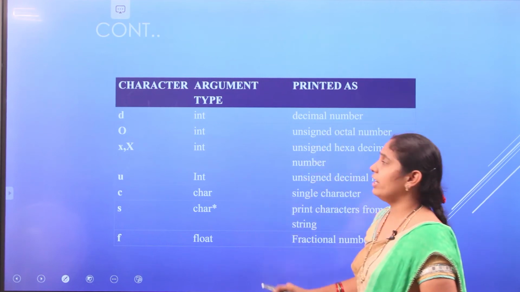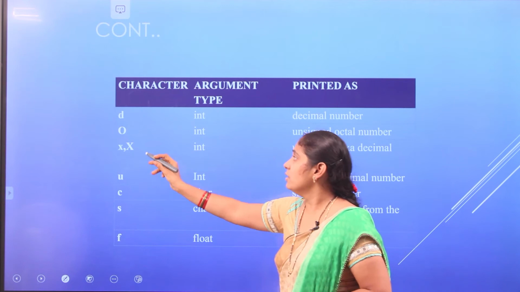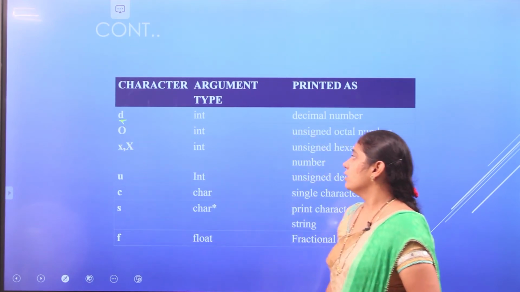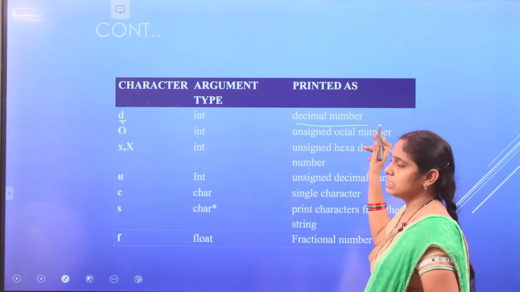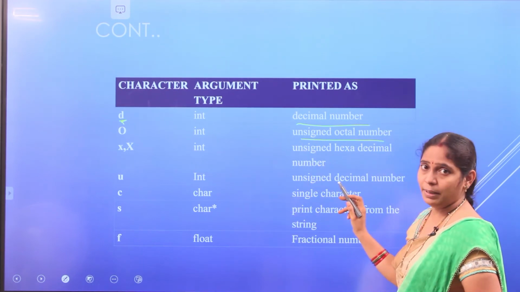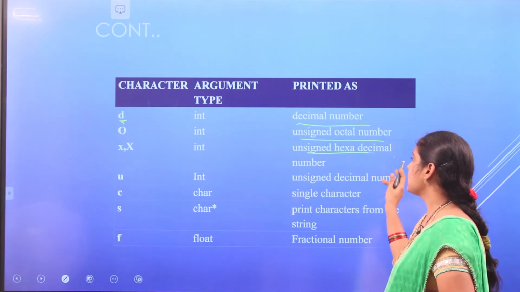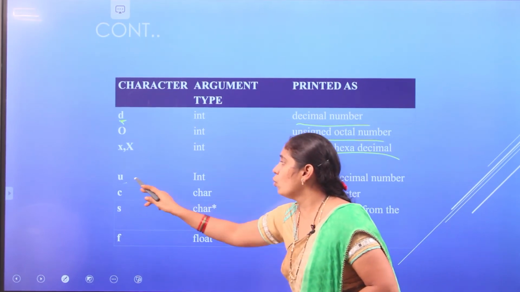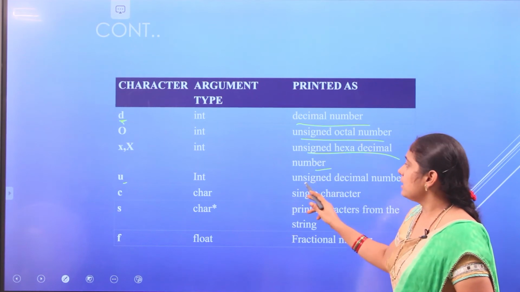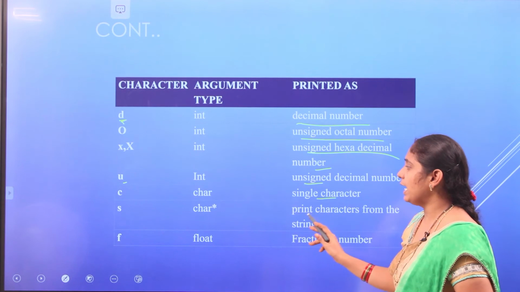So these are the different character forms we have. D is for representing a decimal number. O for an octal number. X, small x and capital X, for a hexadecimal number. U for unsigned decimal numbers. C for a single character.